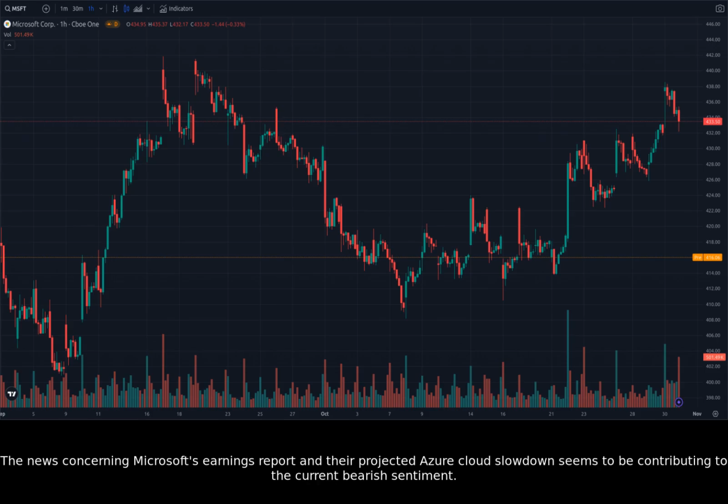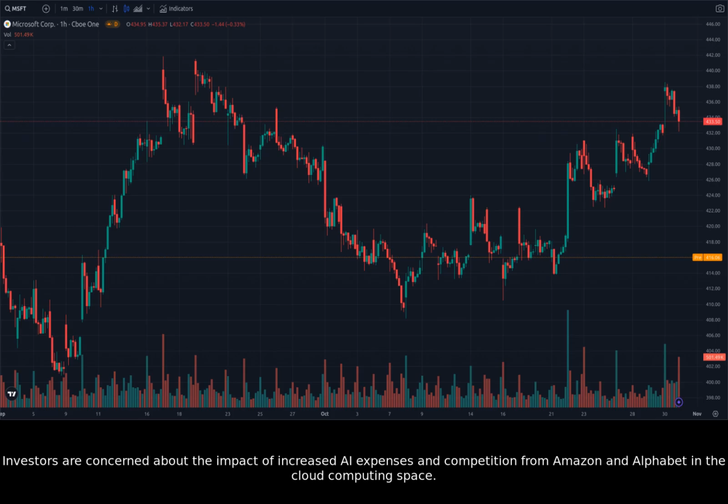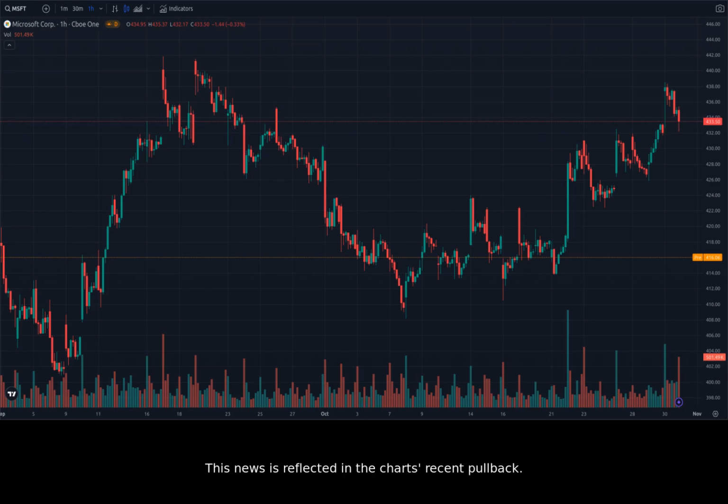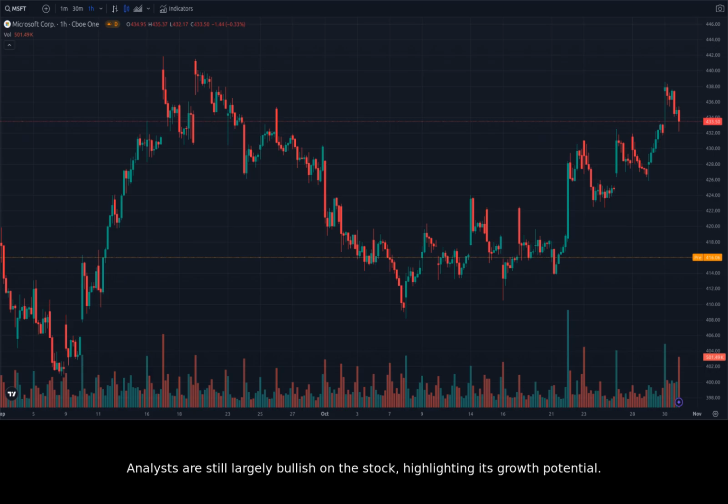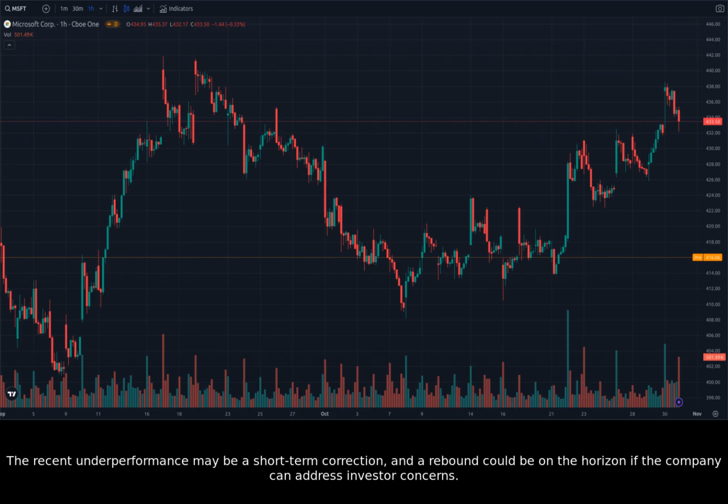The news concerning Microsoft's earnings report and their projected Azure cloud slowdown seems to be contributing to the current bearish sentiment. Investors are concerned about the impact of increased AI expenses and competition from Amazon and Alphabet in the cloud computing space. This news is reflected in the chart's recent pullback. However, it's essential to remember that Microsoft is a large and well-established company, and their long-term prospects remain positive. Analysts are still largely bullish on the stock, highlighting its growth potential. The recent underperformance may be a short-term correction, and a rebound could be on the horizon if the company can